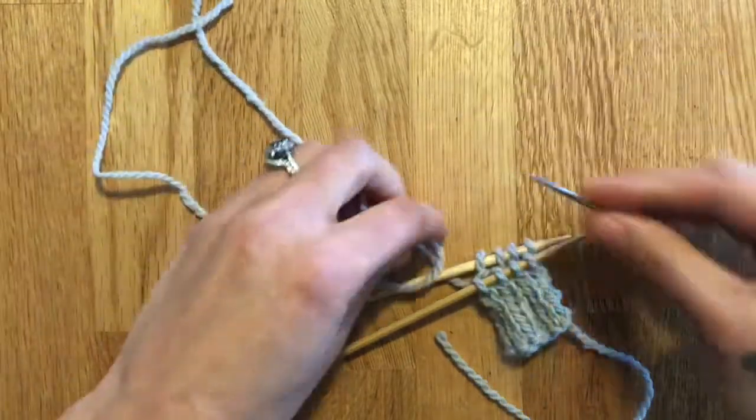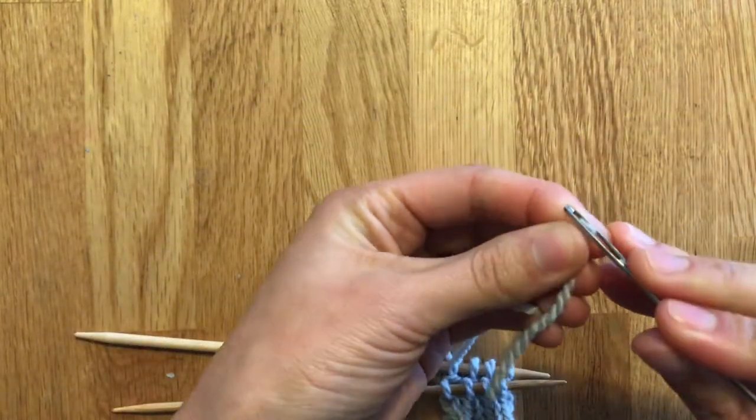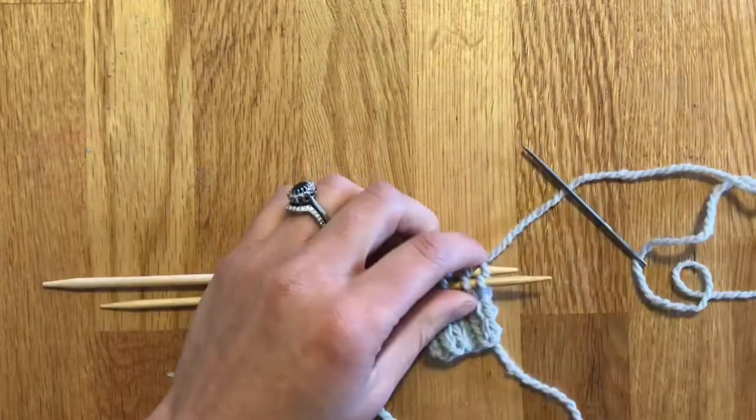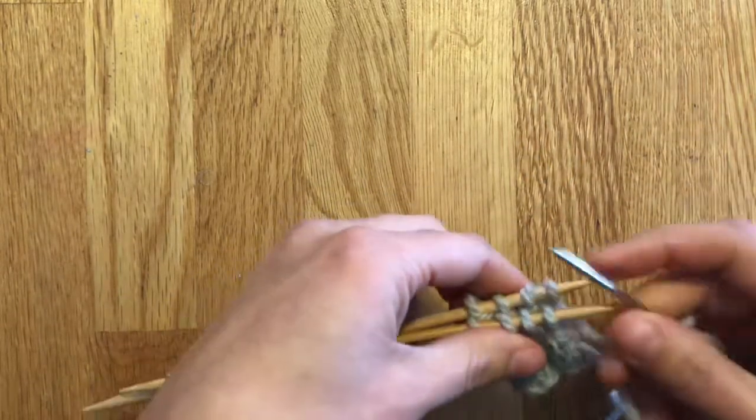So you're going to use your darning needle and thread it onto your yarn. Give yourself a nice bit of length if you're working it around a cuff or a neckline. You don't want to run out partway through. So to do the Kitchener stitch,